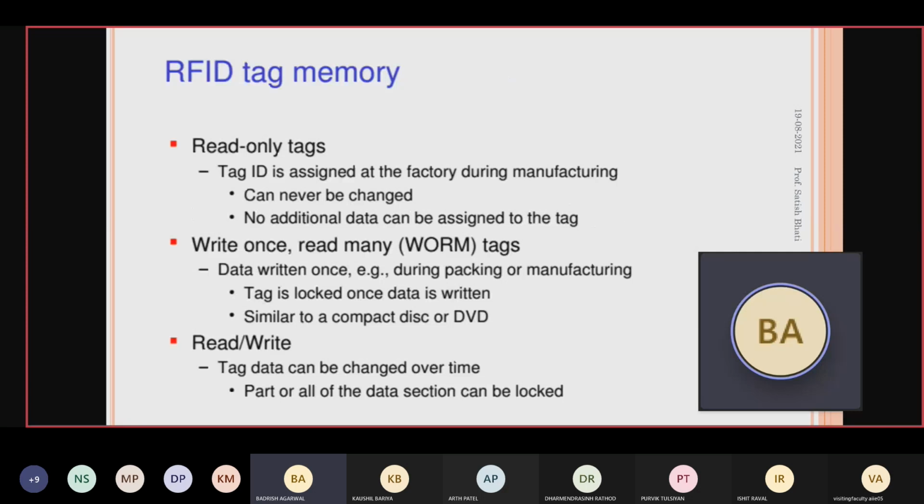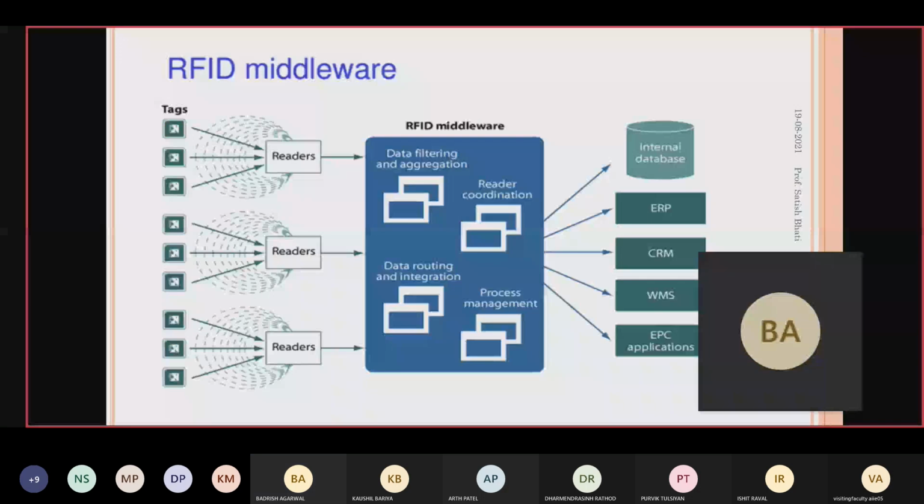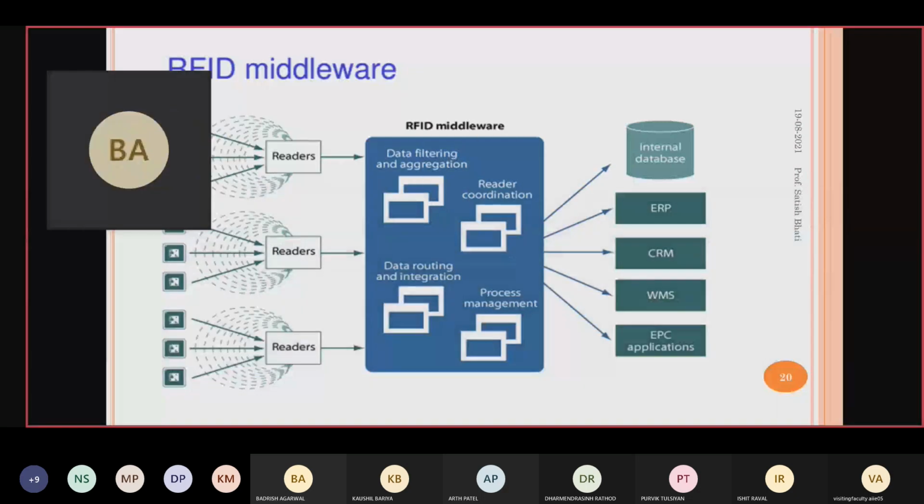Okay, so we are talking about this middleware, right? After processing the data, it will provide the data to your ERP, the enterprise resource planning system. It can also provide the data to CRM. CRM means customer relationship management.